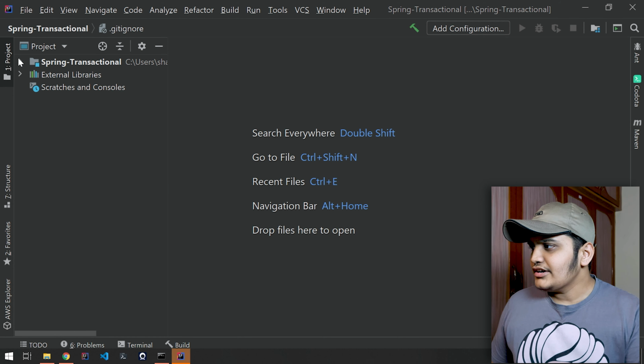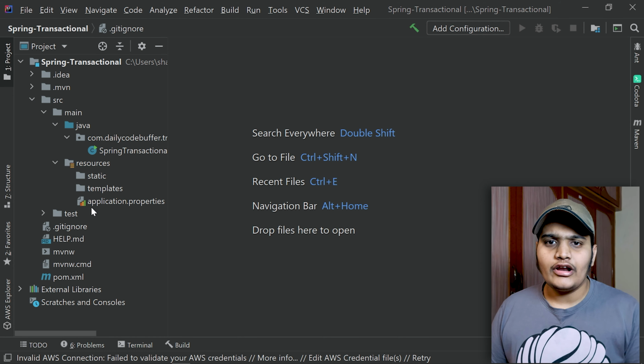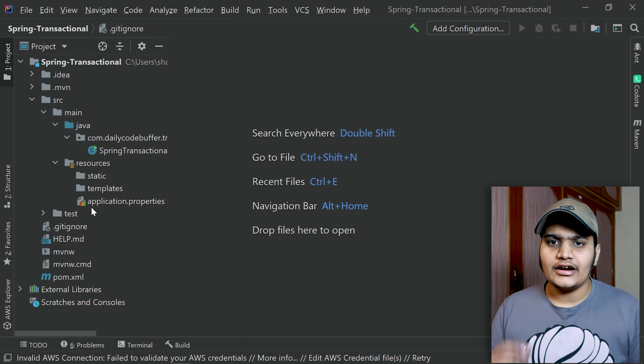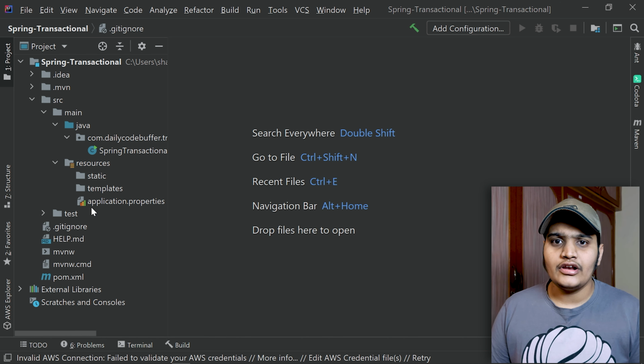Okay, so this is my project and these are my resources. Here I will create the controller layer, service layer, repository layer and the entities. I'll create the packages for them, then create the files, and I will save the employee details with the department.